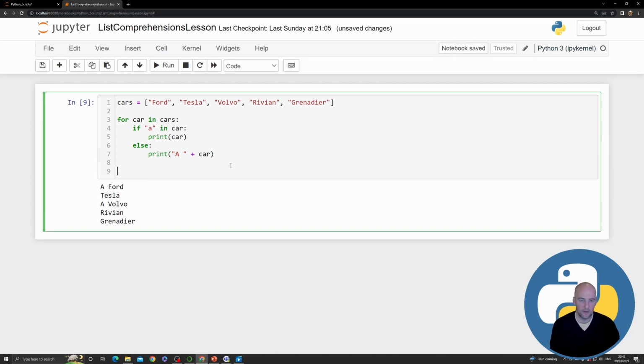Now, in our list comprehensions, how do we have it set up? So cars equals print X. So that's print car. We're talking about cars here. Now we moved on to the example. Print car if A in car. Now this is a bit different. Else